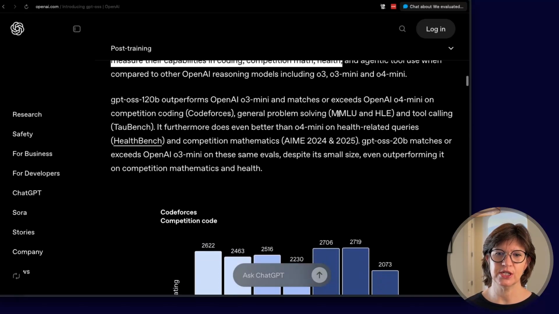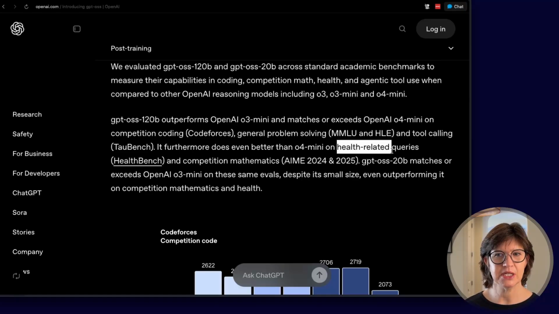So this is interesting. It mentions health several times in here, and I can't help but think if the smaller model is small enough to run on a powerful laptop and it's tuned for health usage, this could be taken somewhere in like a disaster situation where maybe the internet was down, maybe the medical system is overwhelmed, and you could have a crew of medics basically with a laptop using this health information to perform some triage on people. Or this could go into rural communities where maybe internet isn't accessible and doctors are hard